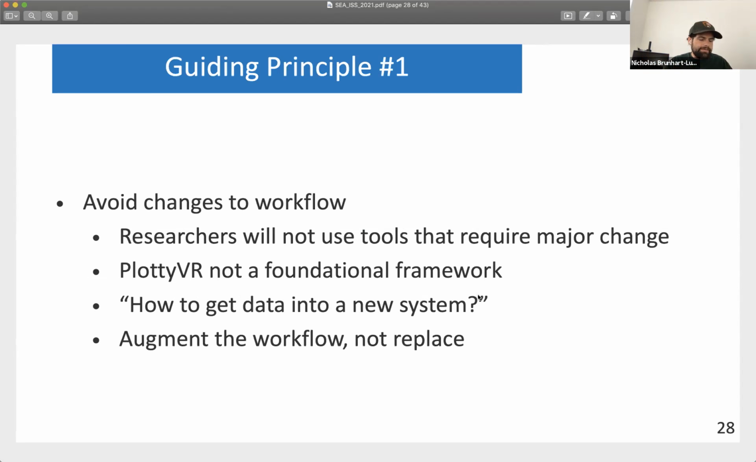While we were making Plotty VR, we had a few guiding principles that directed the design of the tools, and we found this to be very, very important. Critically, we cannot in any way, shape, or form demand that analysts discard their workflows. Researchers do not like major changes. Even if there's great apparent value to whatever tool you're offering them, if it requires major changes to their workflow,